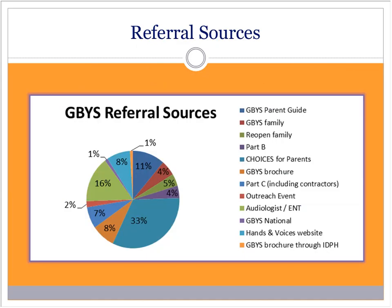So in those 4 years, where did we get referrals from? And you can see a wide variety of areas here. I want you to really keep an open mind with this, that referrals can come from anywhere, whether that's a brochure, the website, our Guide by Your Side national program,